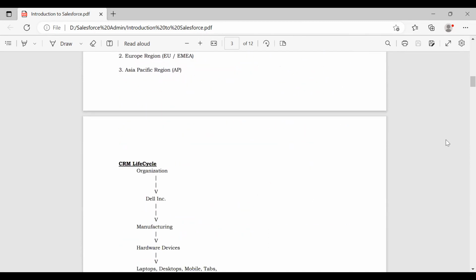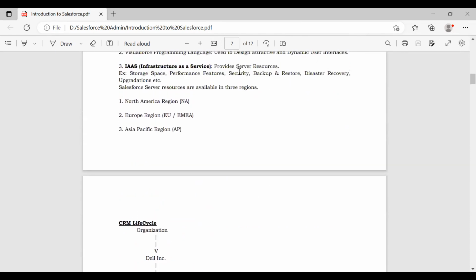Next, the third one is infrastructure as a service. The third cloud service is infrastructure as a service. What do you mean by infrastructure generally? Infrastructure means some resources. Okay, so as part of this infrastructure as a service,